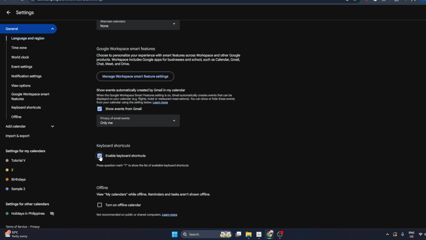After you've enabled the checkbox, there's nothing else you need to save. Google Calendar updates this preference automatically. You can now return to your calendar using the navigation links or by clicking the calendar logo at the top left. From here, you're ready to start using keyboard shortcuts to move through your schedule more efficiently. If you ever want to turn them off, just come back to the same keyboard shortcut setting and uncheck the